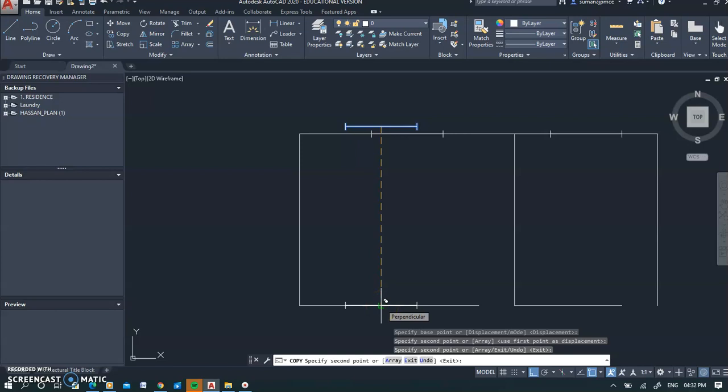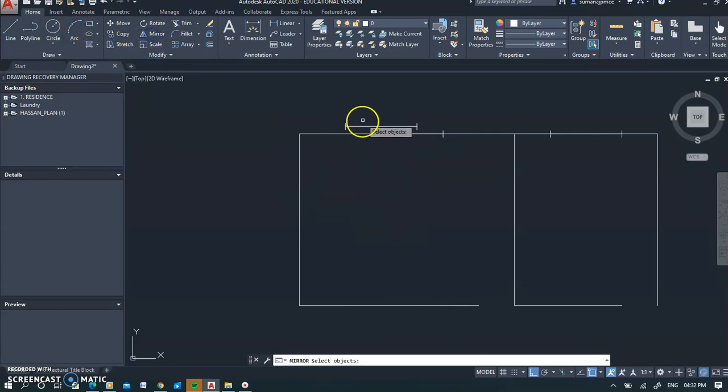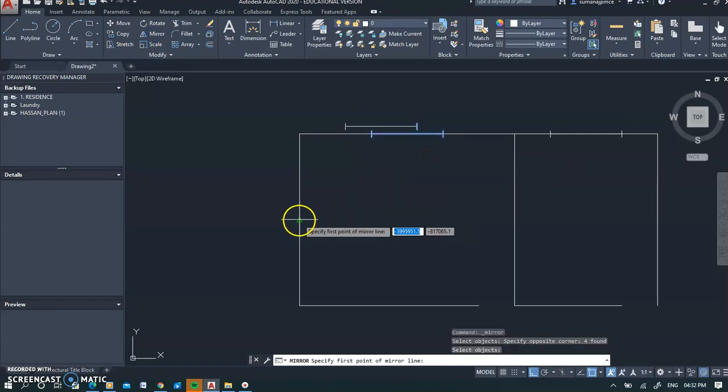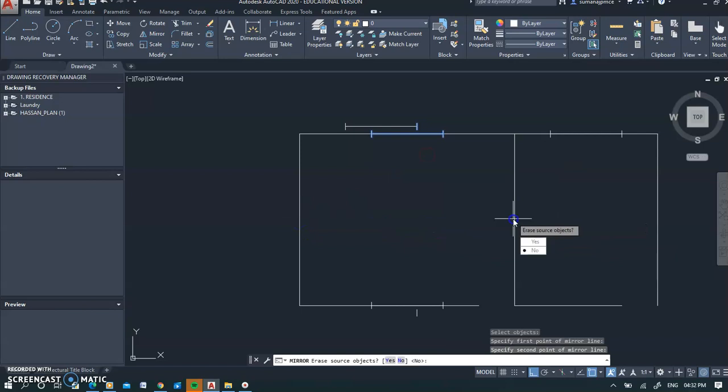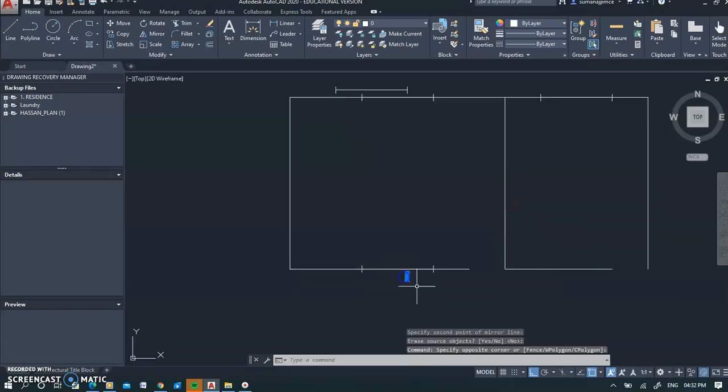Perpendicular, you can see that perpendicular is being shown with that window. No, I don't want it like that. I want it perpendicular with this window. Okay. So you can mirror this window, and I'll show a mirror point, that is I'll show the center line here, and on that side you get the window. Okay, this is an extra line, I will delete it, and there's a window here which also gets deleted.